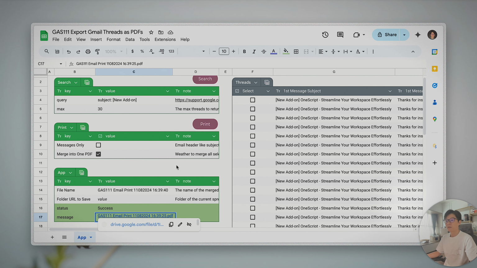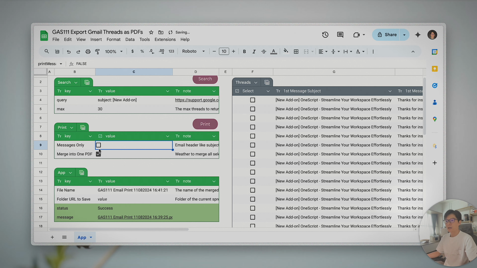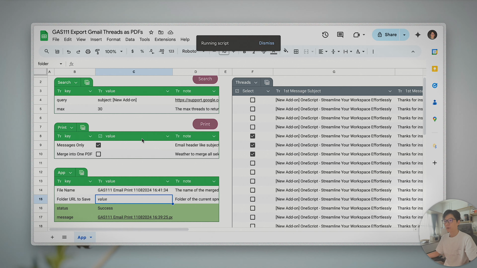Okay, let me just close this one. In the next demo, I'd like to show you with the message only checked, and with merge into one PDF off. I'm going to select some threads, and this time, because they're not going to be merged into one single PDF, this file name won't be used. The file name for each of them is going to be the subject line of that thread. Okay, so if I try to print them again,